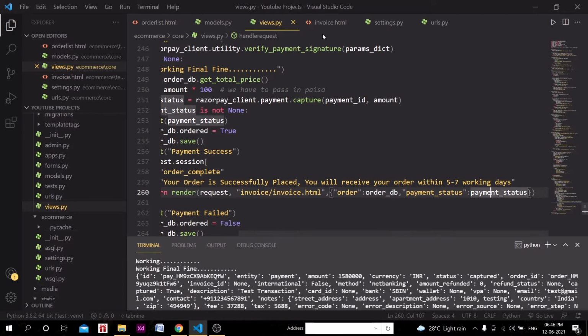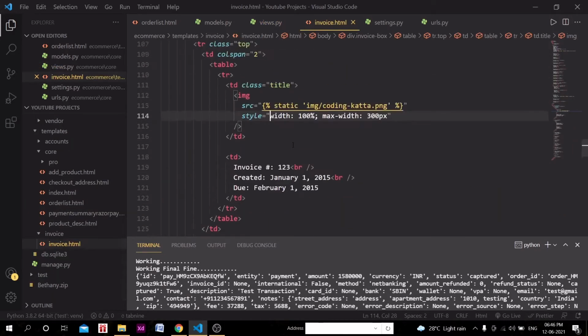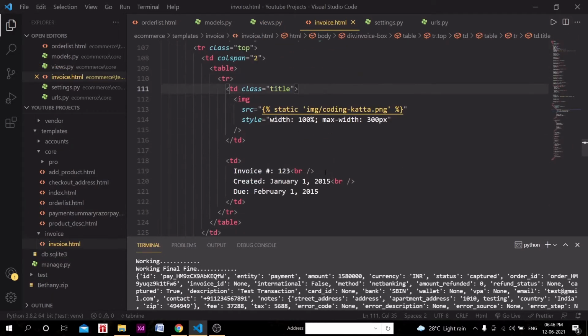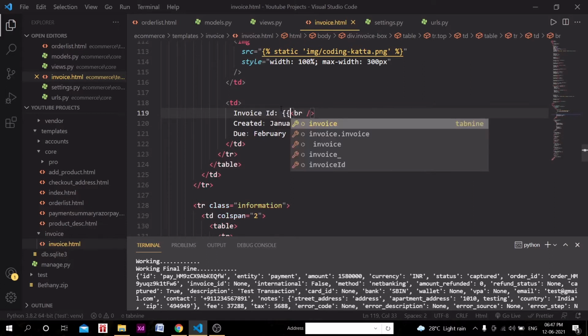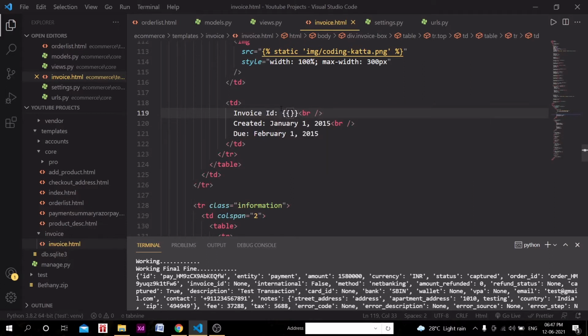Now in the invoice.html, let's start from the top. We have invoice id, so the invoice is there. Instead of this 123, and I'm writing this hash, I'm writing invoice id equal to, and as you all know, it's the Jinja template tagging method.